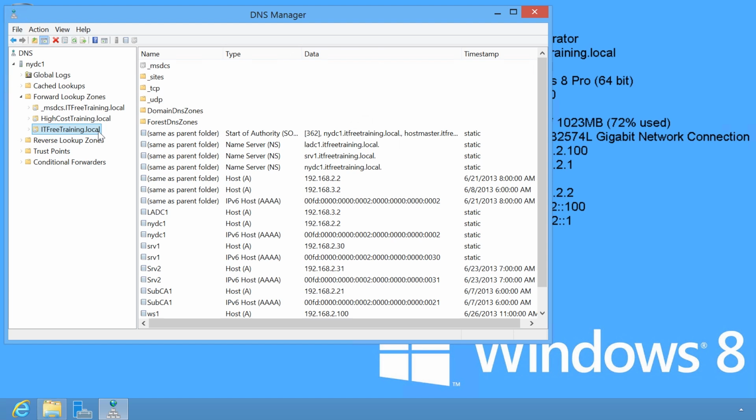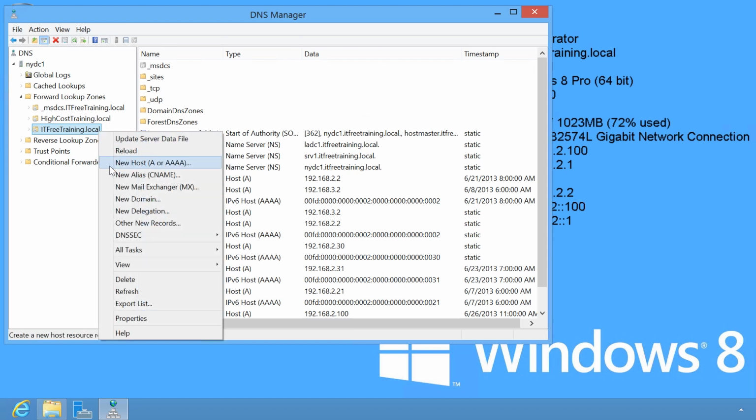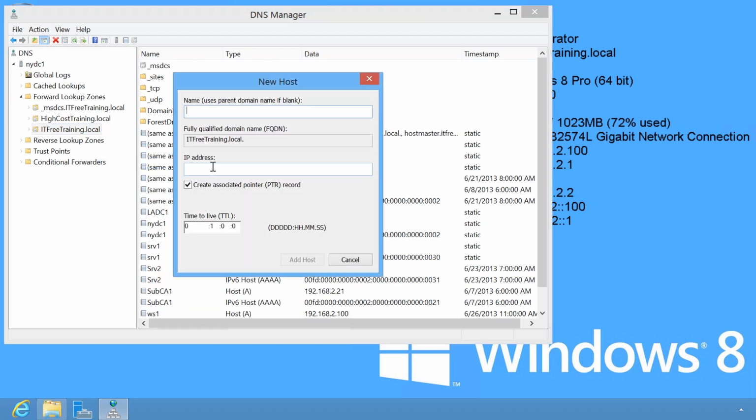The first record I will create is a host record by right-clicking the zone and selecting New Host. An A record is used with IPv4, while a quad A is used with IPv6. You don't need to worry about deciding which one to create, as the interface will choose the correct record based on the IP address that you enter. In this case, I will enter in a host address for the New York router and an IPv4 IP address for the router. Since the router does not register itself automatically in DNS using dynamic updates, and even if it did, it would not support secure updates since it is not a domain member, this is a good choice for